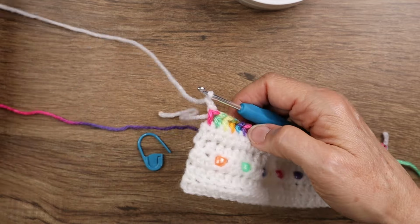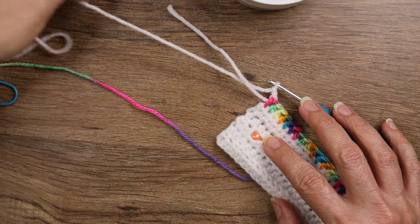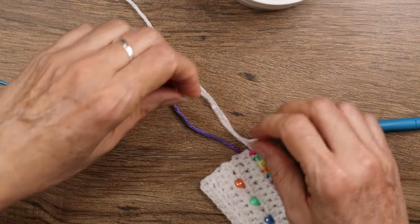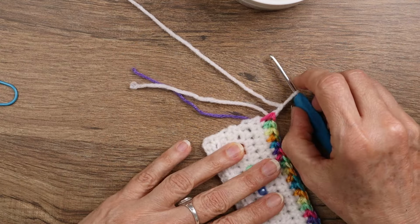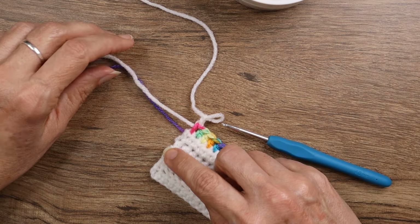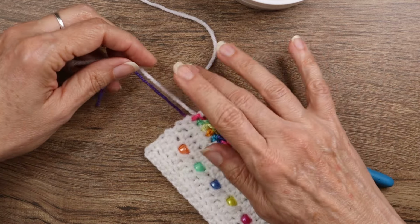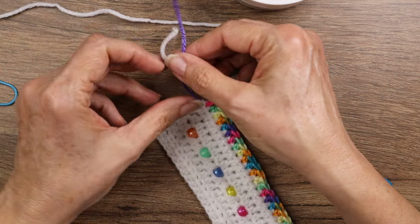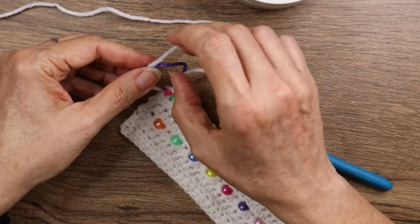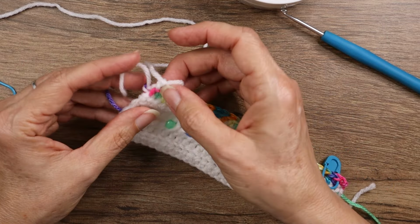All right, so now let me just show you this while I'm at it. What I like to do, let me cut my colored yarn off, is take my ends. Now I know some people get all freaked out about tying knots, but I'm telling you, I'm going to tie a knot because I'm going to be placing a border, or I did place a border around my work, and you don't see the knot at all. So I'm going to do right over left and left over right to get a nice secure knot, and then I will go ahead and weave my ends in,